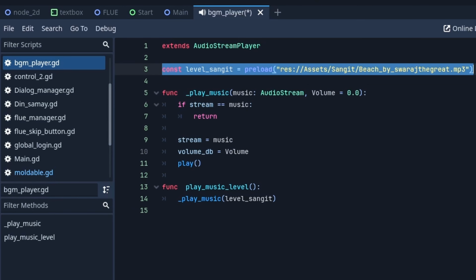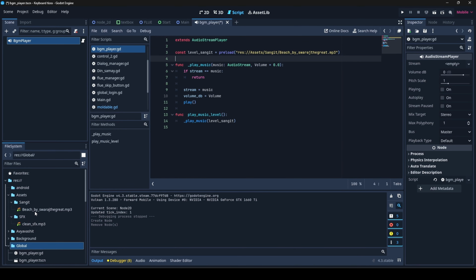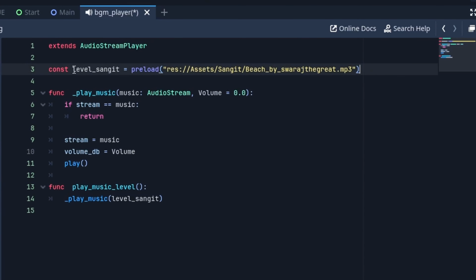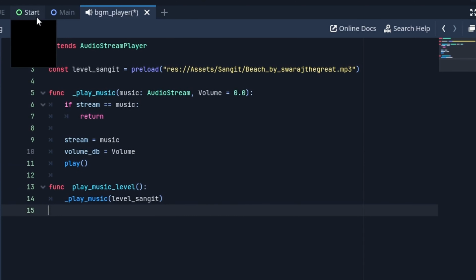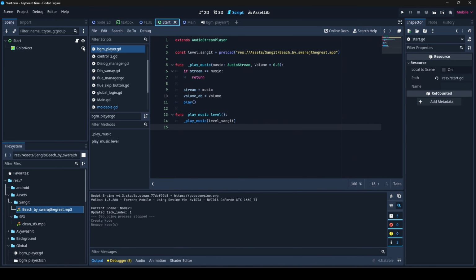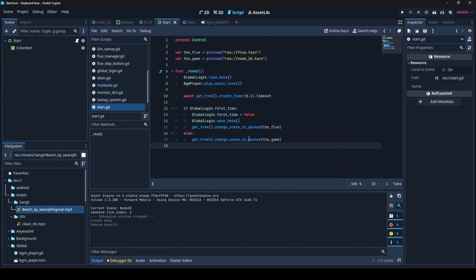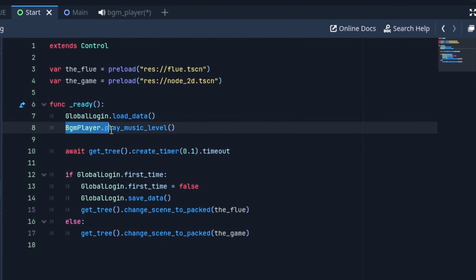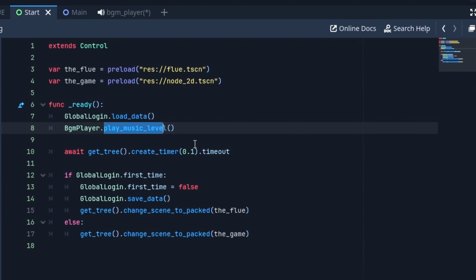You can use a constant to preload the music. If you need one music, then you can just directly drag and drop this thing here. If you need like multiple music, then create a constant for that. And then there is just function that is play music, then there is a function that play music level. If you have a centralized version of your game, basically there is a one panel that makes sure everything is connected properly, then in that centralized version you can just call that scene and that method or function, the music